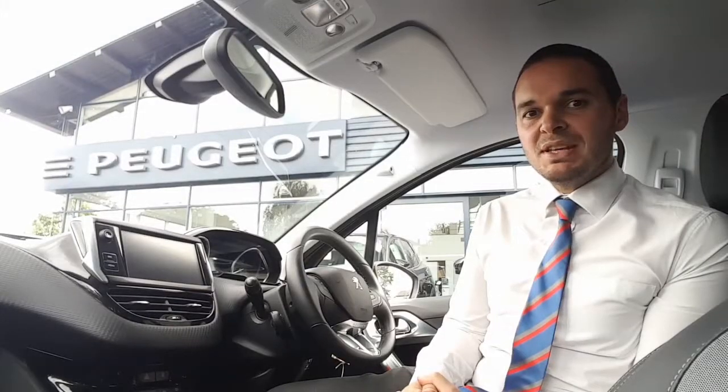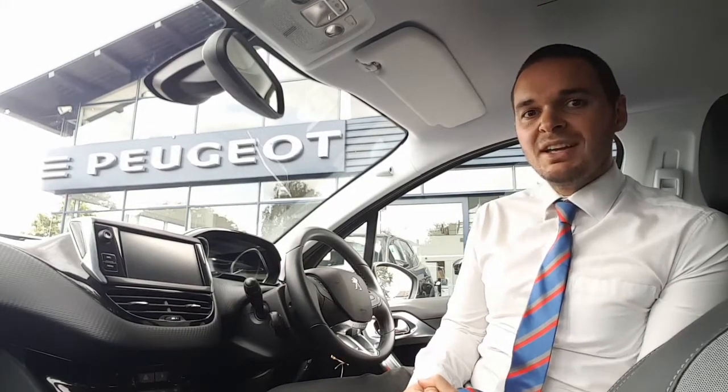This car comes with a 1.2 litre PureTech engine that gives you 82 horsepower, and if it's of interest to